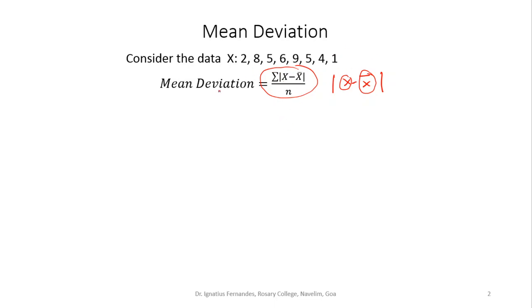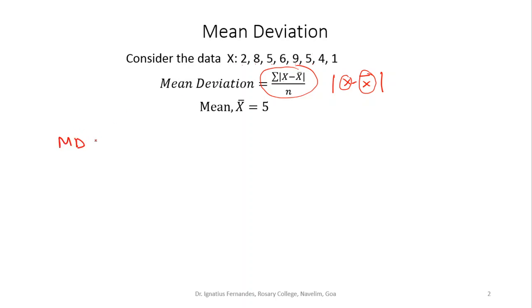So to find out the mean deviation, first we'll have to find out the mean of this, which we have already done before, and the mean comes to 5. How will you calculate mean? You will add all these values and divide by the number of values: 1, 2, 3, 4, 5, 6, 7, 8. So once you have found out the mean, you go by the formula.